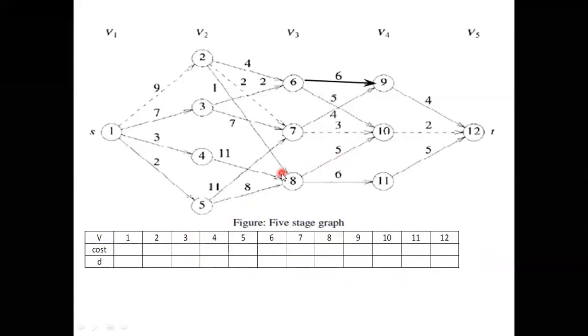First of all, in the multi-stage graph, we can solve using two methods. One is called as forward approach. One is called as backward approach. Both the approaches were asked 2 or 3 times in the previous year examinations. That is why you have to study both the approaches. One more difference is there. Up to now, they have not asked any problem. They asked to explain forward approach. They asked for 8 marks.